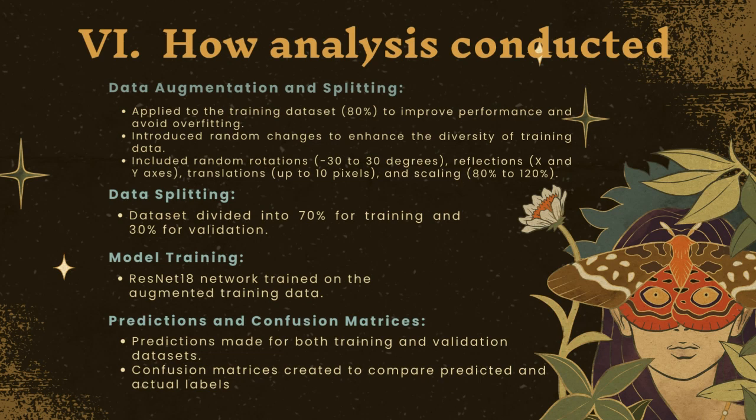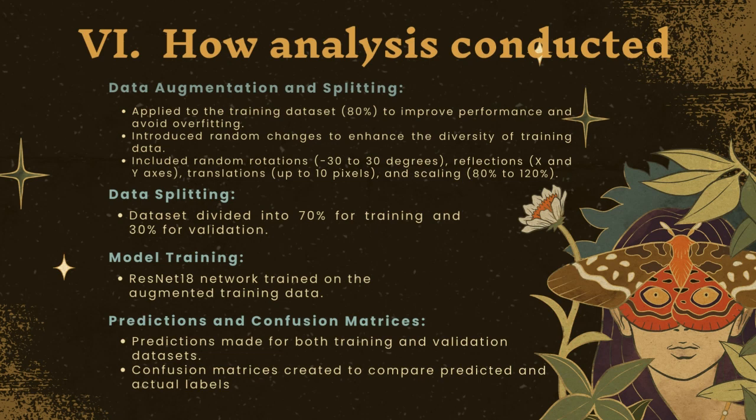6. How the analysis was conducted. First, for dataset preparation, we applied the analysis to the training dataset comprising 80% of the total data to enhance model performance and avoid overfitting. Second, data augmentation. To increase the diversity of our training data, we introduce random changes including rotation from minus 30 to 30 degrees, reflection along the X and Y axis, translation up to 10 pixels, scaling 80% to